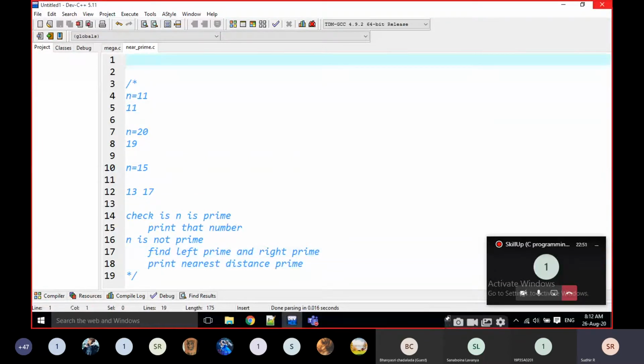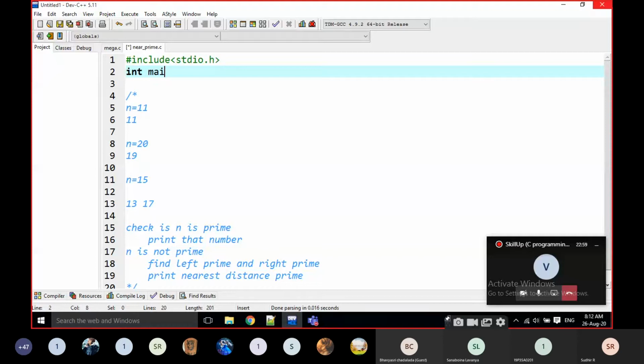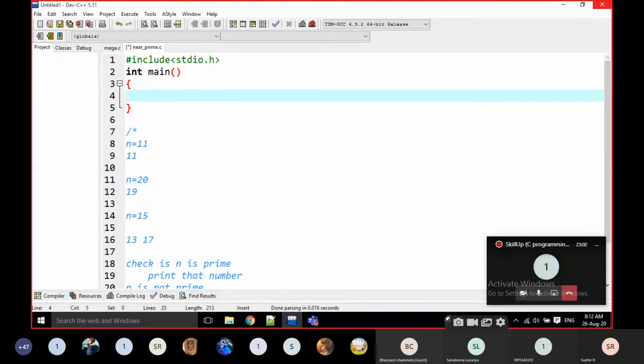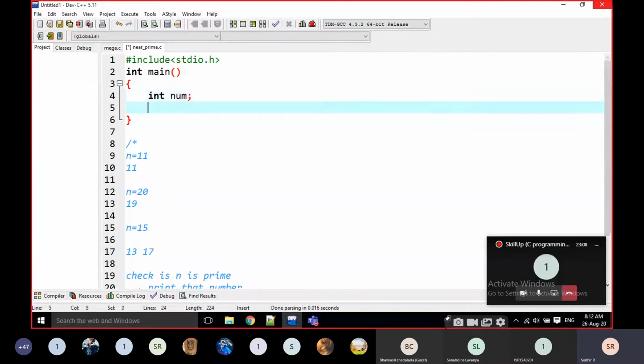First of all, I'm going to write the header files here. How many values am I going to read? Only one value, that is num. I am going to read it.